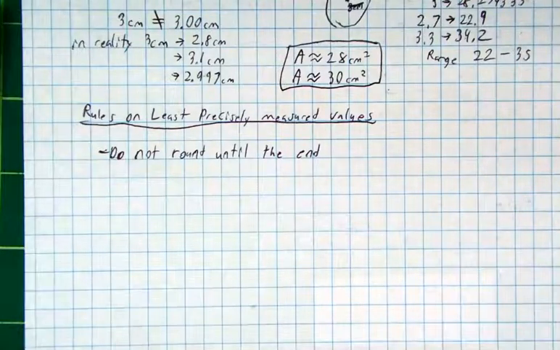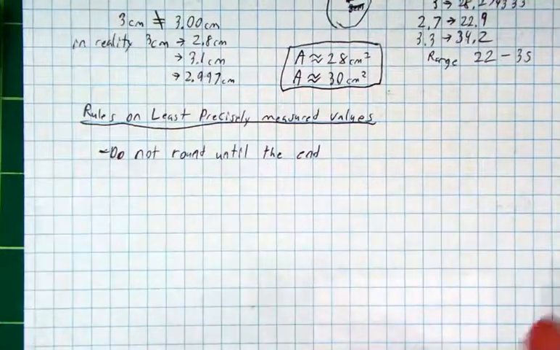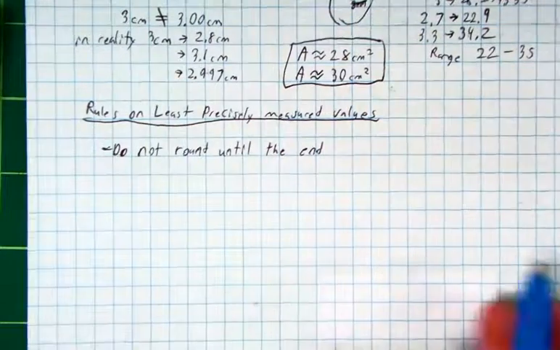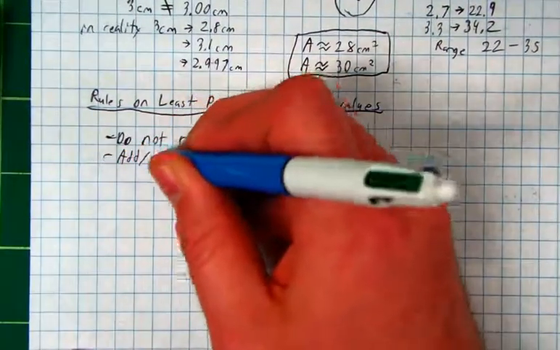You sit in a circle, one person whispers in the next person's ear some message, and then by the time it gets back around, everybody whispers, tries to repeat the same message. The answer's changed completely. Same thing happens if you round every time you get an answer on your way to the answer, so partial answer, whatever. You get the idea. Second rule, when you are adding and subtracting,